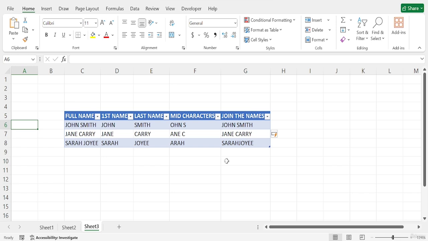You can apply text functions in your spreadsheet. In this video we have covered the LEFT, RIGHT and MID functions for extracting parts of a string, and I have also used the CONCATENATE function to combine text. I hope you will be able to follow these steps and use these methods on your own datasets. So this is all for today. In the next video I will discuss other exciting things.